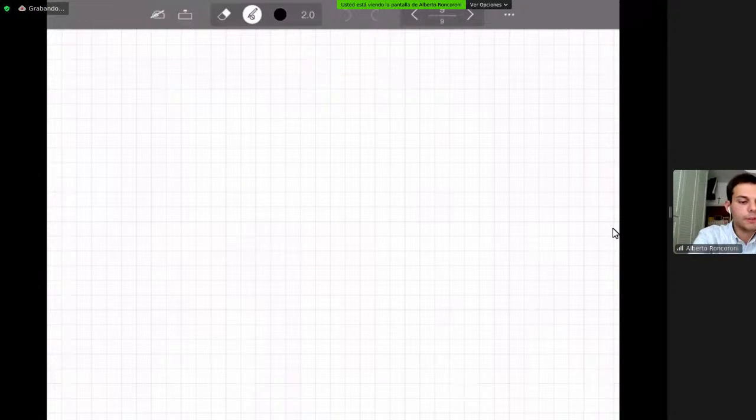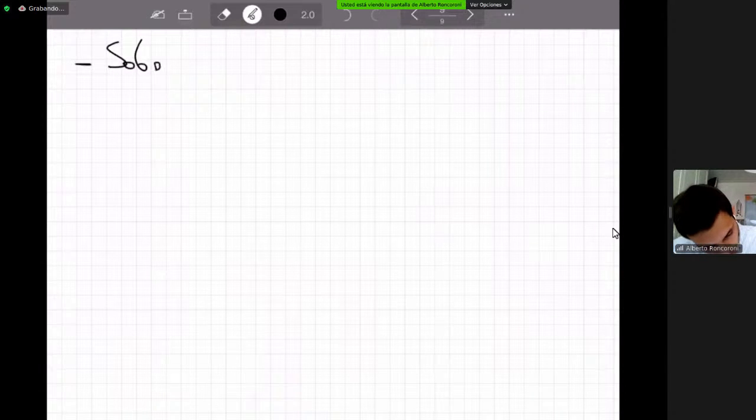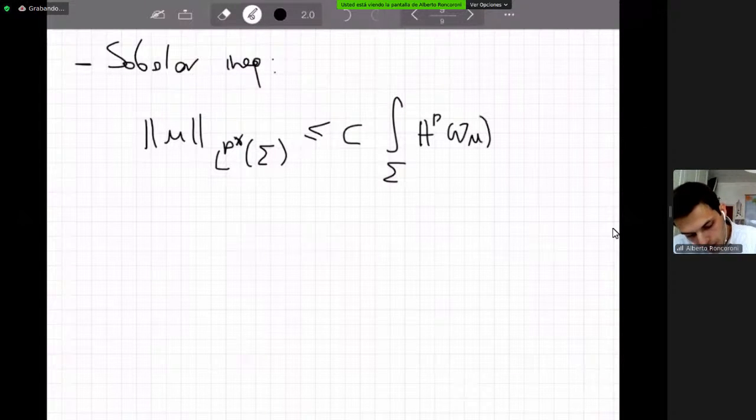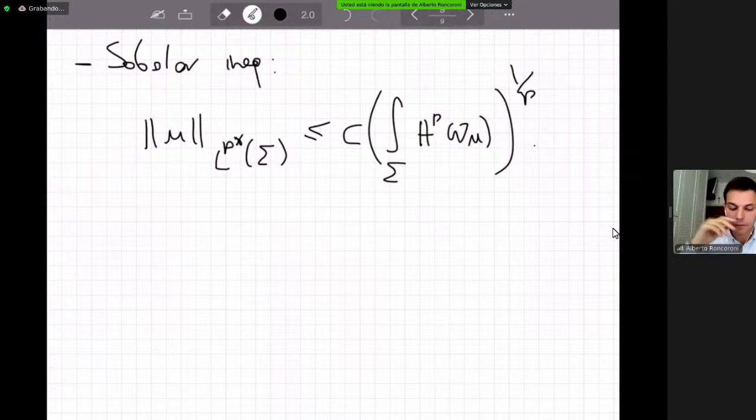So the Sobolev inequality is the following one. There exists a constant such that we can control the L^{p*} norm inside the convex cone with a constant times the L^p norm of the gradient, that is, the integral of h to the power p of the gradient of u, everything to the power 1 over p. So this is exactly the analog of the Sobolev inequality, but with respect to this new norm and in a convex cone of R^n. So this was